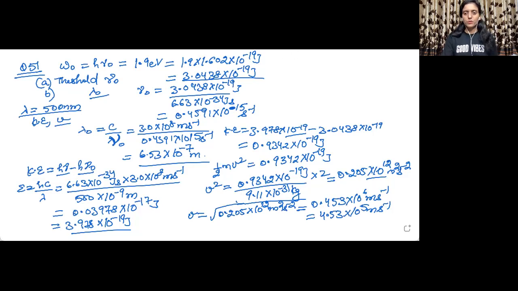Let's now move into question number 52. Before starting question number 52, I just want to tell you that I'm recording this video for the second time. You know why? Because in question number 52, there is some kind of discrepancy in the values that have been given to us. The first part of the question I was able to solve, but in the second part the answer is not matching. I have tried to do it later also, but it is not matching. So there is some discrepancy in the values that have been given to us.